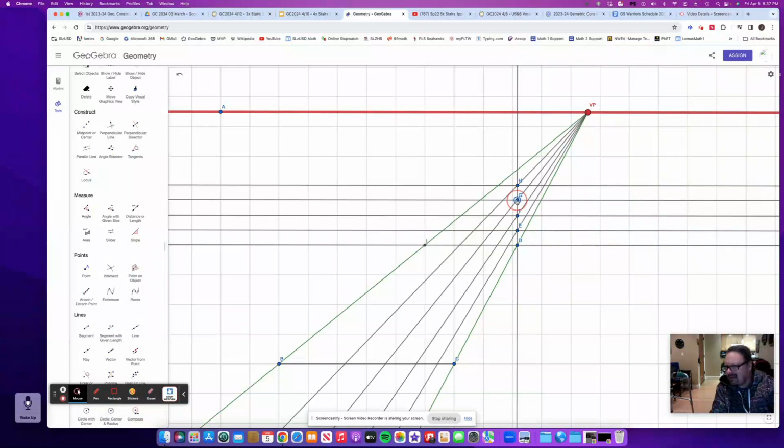Put it back up. There you go. Okay. And then we want this line, this guideline, to come down like this so that it marks